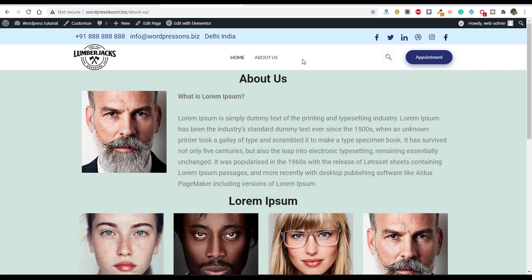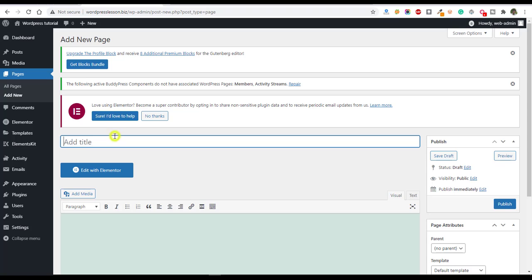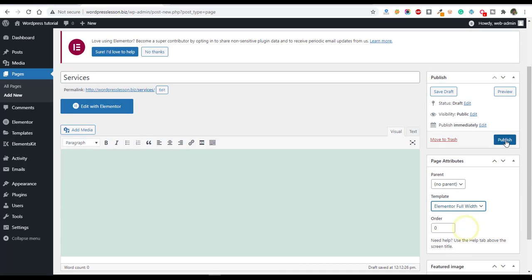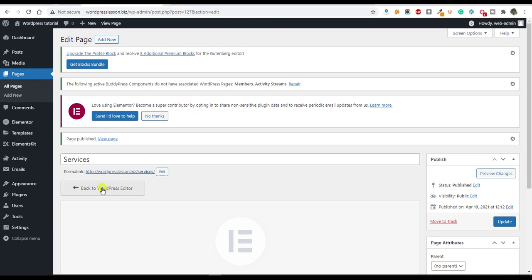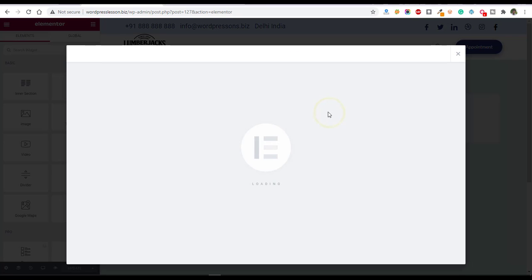Now we are going to create one more page, services. Go to Pages and click on Add New. Make it Elementor full width and publish. Now we are going to add some designs from this E button.